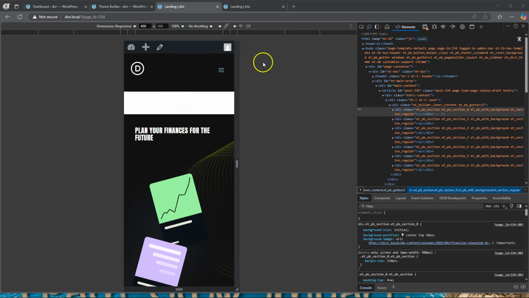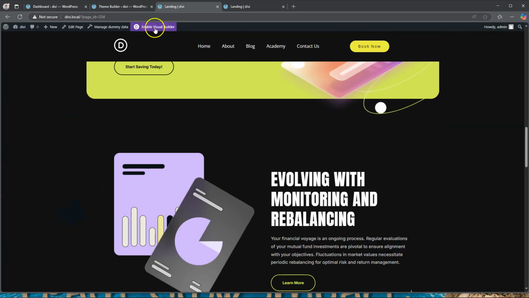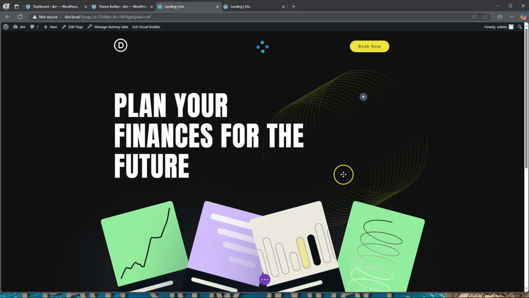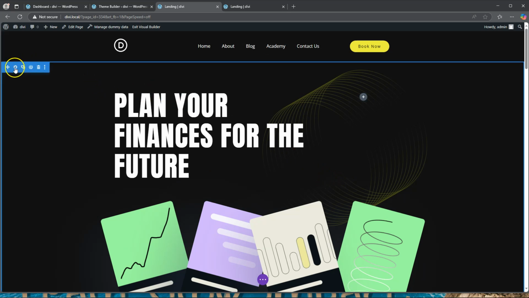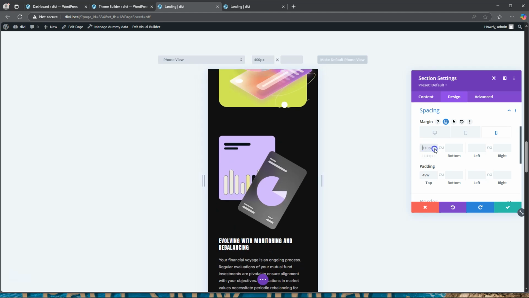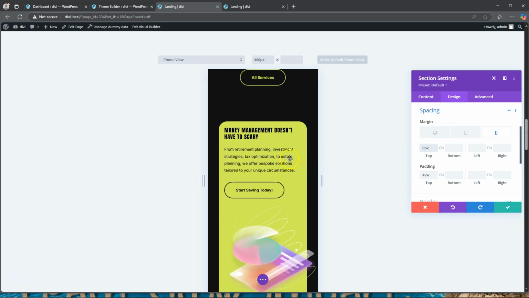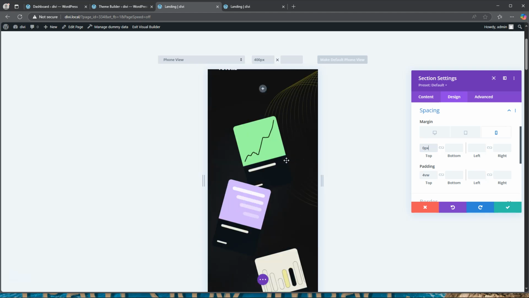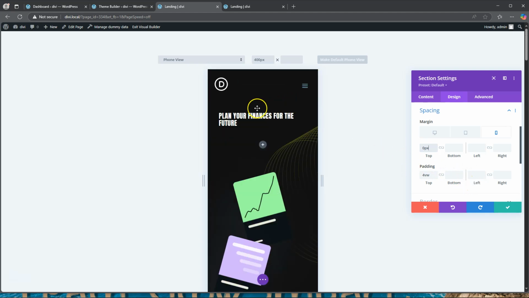All right, so basically to get rid of that, we just jump back into the visual builder on that particular page. Not theme builder, the visual builder. And once it loads, we jump into the section settings. Oh, my terminology is so bad today. Go to design, go to spacing, we go to margin, we go to phone, and all we do is we put that to 0. So if I scroll up here, you'll see that it takes away that white space. And then that's it. So if I save that now,